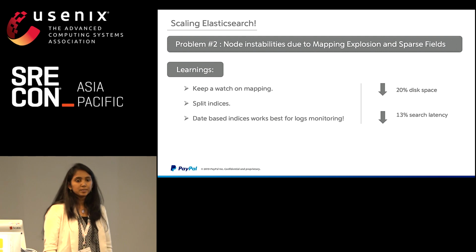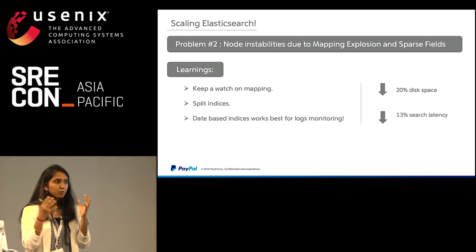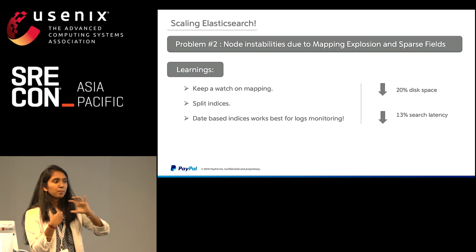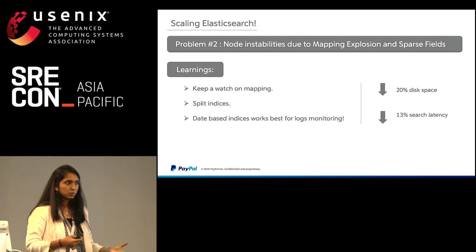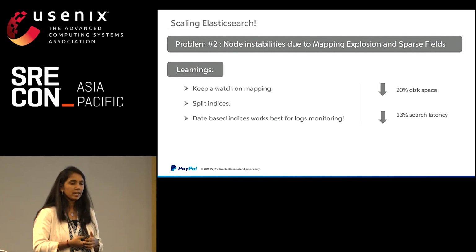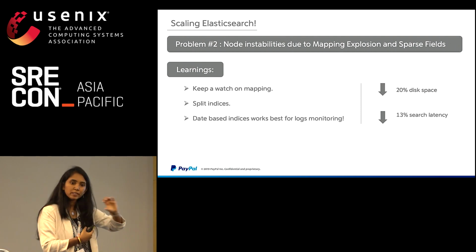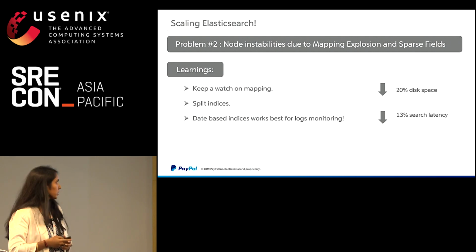Second thing, split indices. The initial problem I was talking about, mapping explosion, where you have too many fields: if you are able to logically group your data in such a way that it is put into multiple indices, the problem of mapping explosion or sparse fields would never come. In our case, it was payments monitoring, where we had multiple payments apps publishing data to an index, and they had some random fields being populated every day, and that created problems. So what we did was put all of the payment pools in different indices, and we had a common prefix for all of the indices, so that in Kibana, if you search for it, it's still available with no impact to the customer.